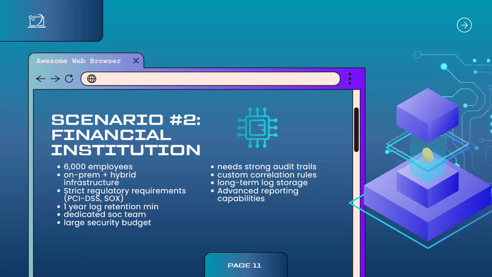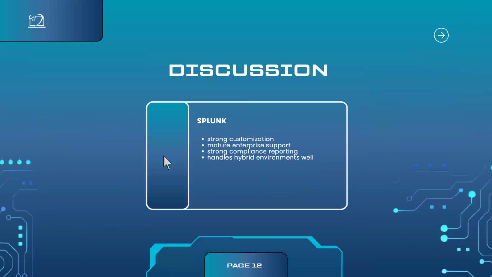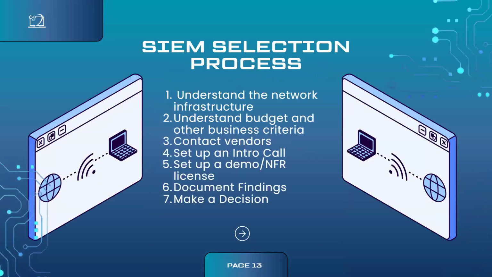Okay. I think it's probably Splunk, mainly because they have that large budget. So that would be the main leader for Splunk for most people. They also have strong compliance reporting, strong compensation, mature support, and it will handle a hybrid environment. Even if it puts that priority on cloud, it will handle it. And then for the last bit of my part, I just wanted to talk about what I've noticed about